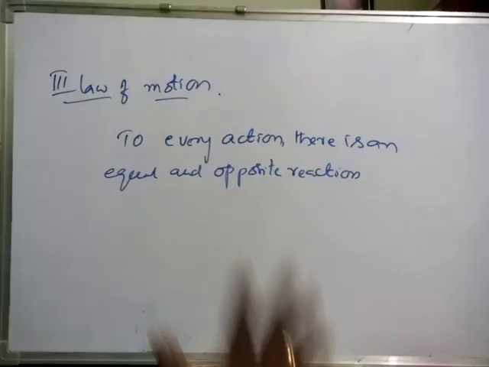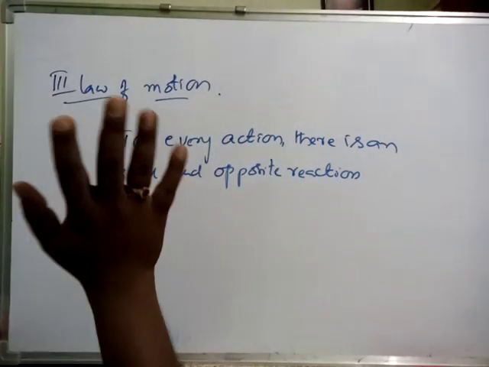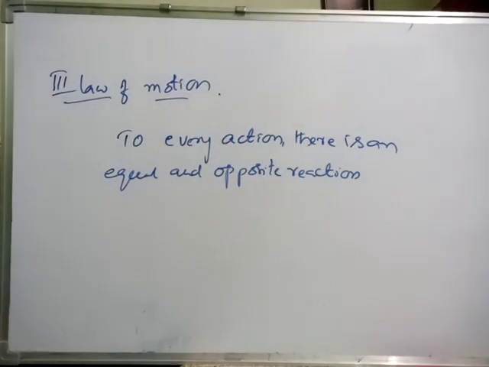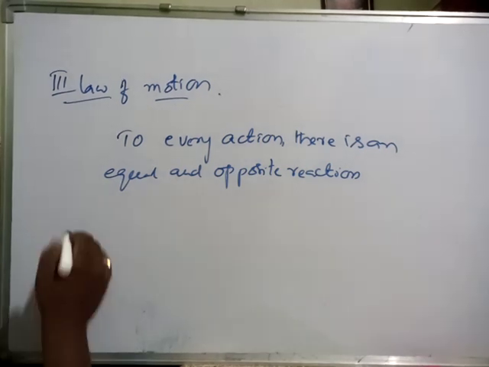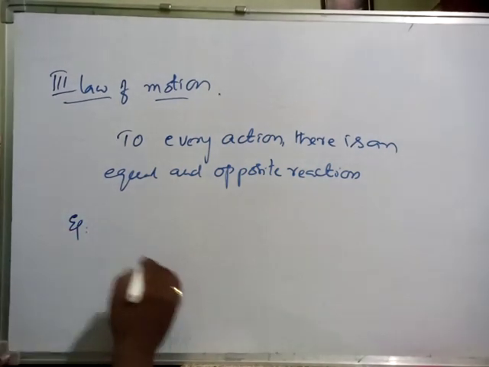How much force we apply on a wall, definitely the same force will be exerted on our hand. Is it or not? So in our textbook so many examples are given, and one example is,